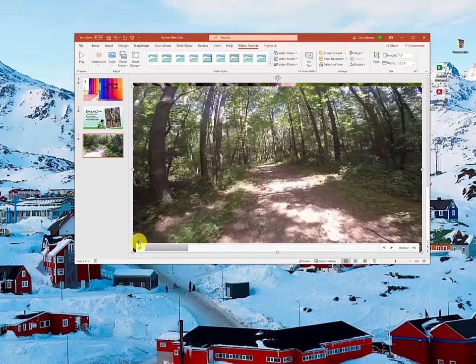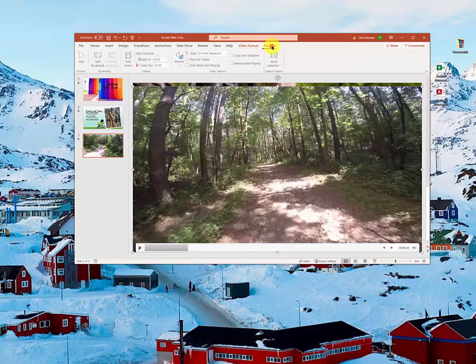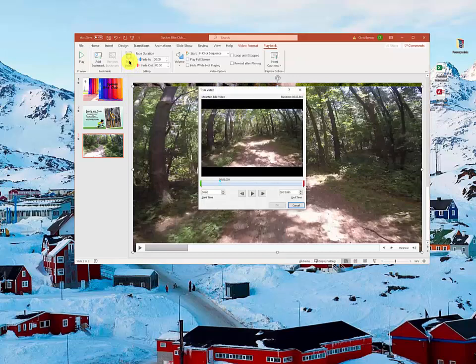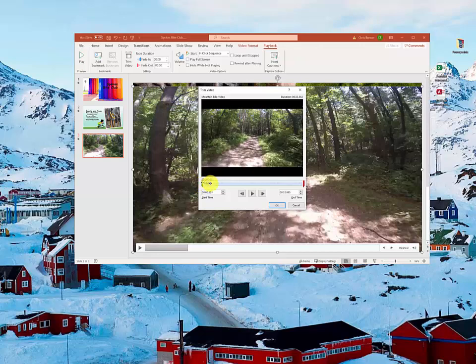So to do this, I'm going to go back up to my video format, hit playback, and then over here I have this thing called trim video, and notice I have the video selected. It's got the sizing handles just like a picture, and it kind of operates like a picture. So I'm going to click on trim video, and that opens up this. And with this, I can say where I want this video to start and stop. So let's say I want it to start like 5 seconds in, and I want it to end like